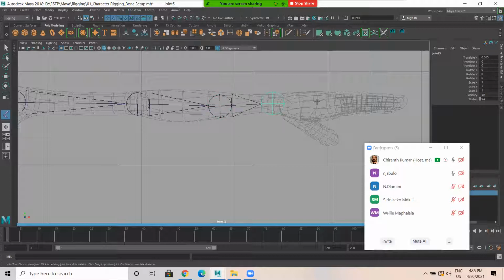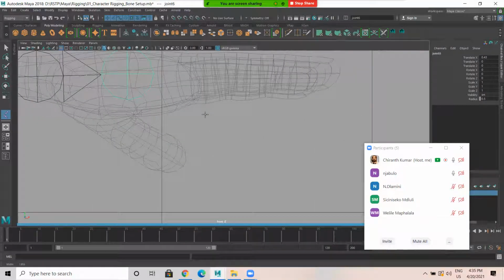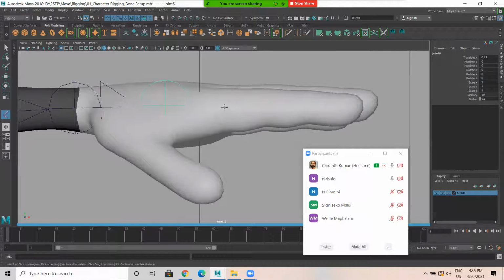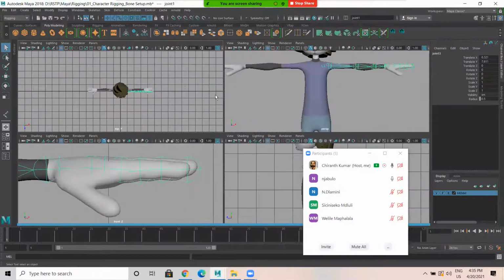After wrist, it's palm. After palm, let's apply 1, 2, 3, 4. It's 4 joint. This has to be 4 joint. Enter. Now I'll go to top view.